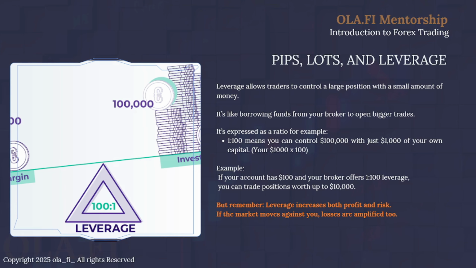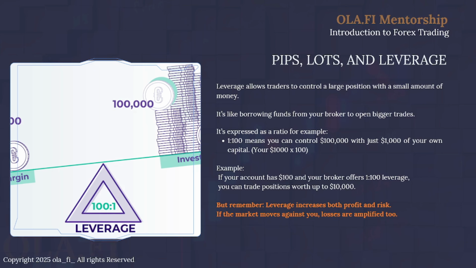It can help you move massive amounts of money that you don't have. So with a $100 account, if you have a 1:1,000 leverage, for instance, in this case, you can now trade a standard lot, which is 100,000 units. However,